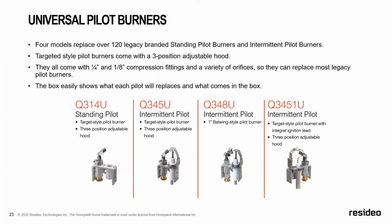Q345U is our intermittent pilot, along with our Q348 and our Q3451. Now the 314, the 345, and the 3451 are all target style pilot burners. The difference is the 3451 is a target style pilot burner with the integral ignition lead. And then we have our Q348U, which is our intermittent pilot, which has the 1-inch bat wing style pilot burner